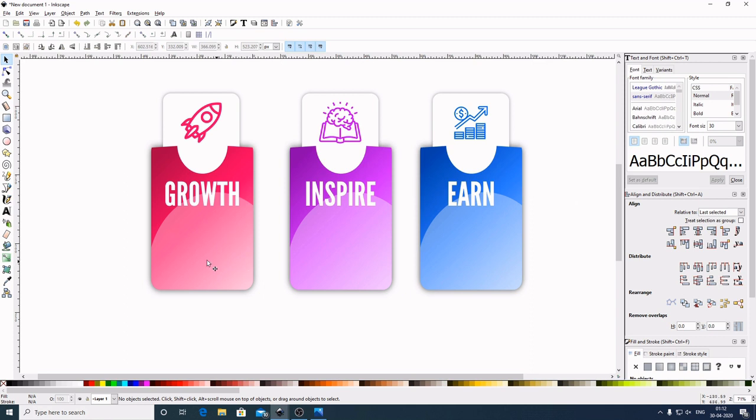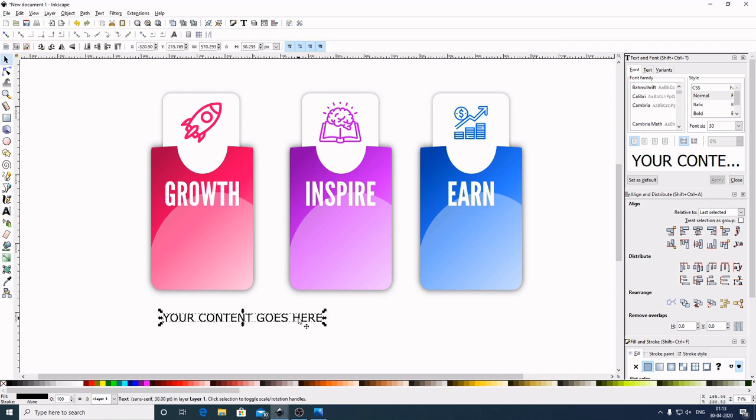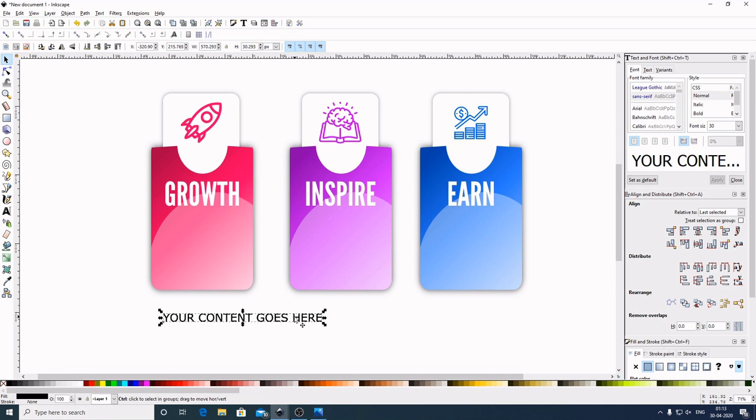In this space you can place your content. Select this one. Now again I will make a duplicate of this. Right click, duplicate. Now by holding Control in the keyboard, bring this down.